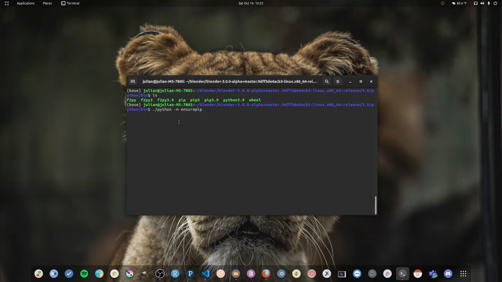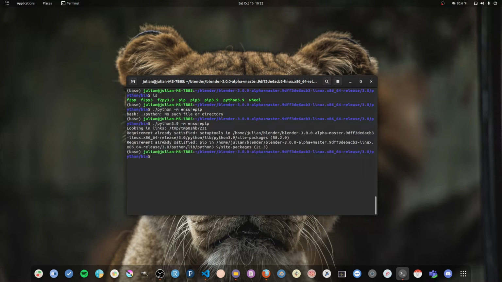python -m ensurepip. In this case you have to look for the executable you have here. So in this case, it's Python 3.9, so you have to change this. This is just making sure you can install packages. I already installed SciPy, so I'm not gonna do it at this moment. But the other command to install SciPy, and make sure you are in this directory, otherwise it's not gonna work, is gonna be